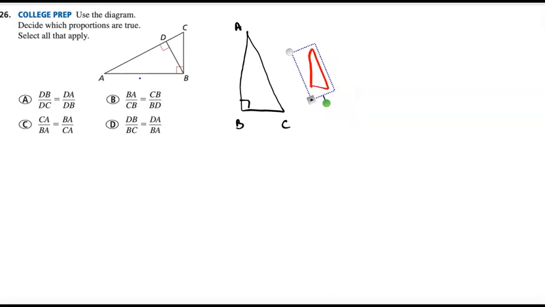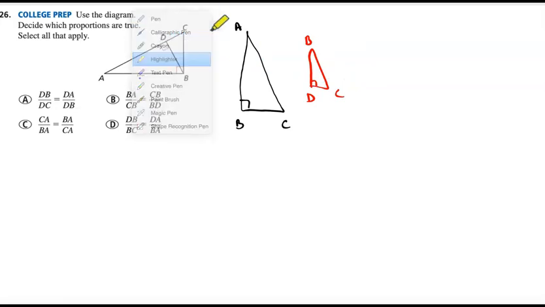So now D is the piece here, B is up here, C is here, there's my right angle. So now if I'm just comparing, those two are proportional, meaning there's a scale factor that connects these two, these two are proportional, and these two are proportional. And then